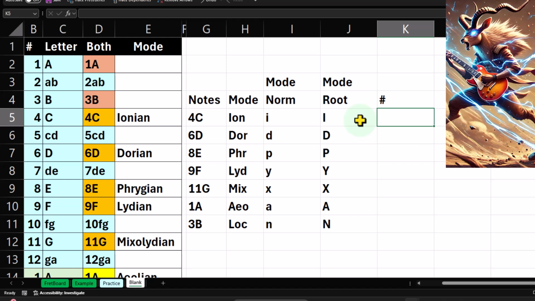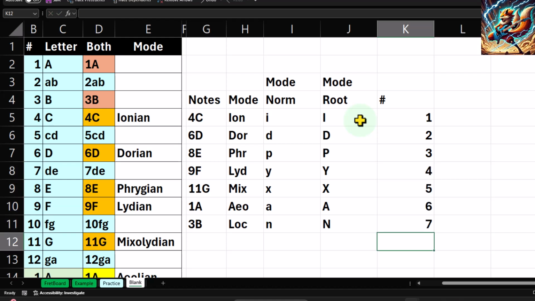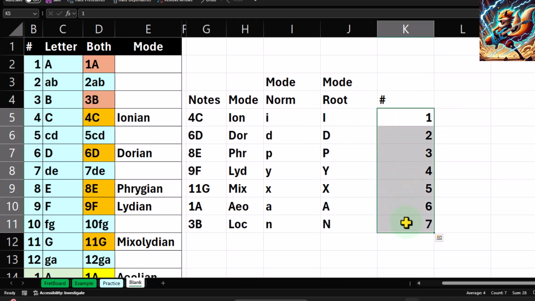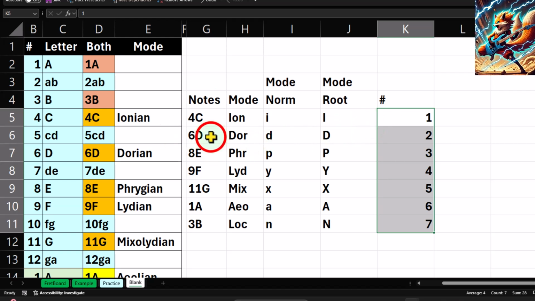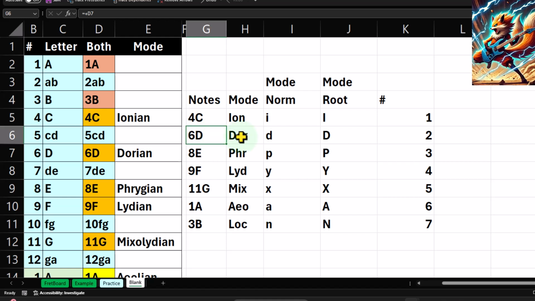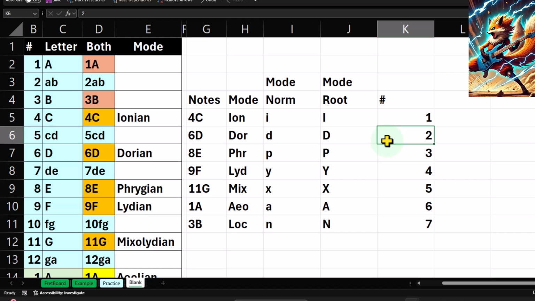Now I'm also going to give it a numbering system: 1, 2, 3, 4, 5, 6, 7. Seven modes. So now I can see that of the 12 notes, we have a 7-note modal system, and this is going to be the numbering system. I don't want to make it a scale. Meaning, when I go to the Dorian, I don't want it to force me to say that now that is the 1. I want to say no, it's still the 2,